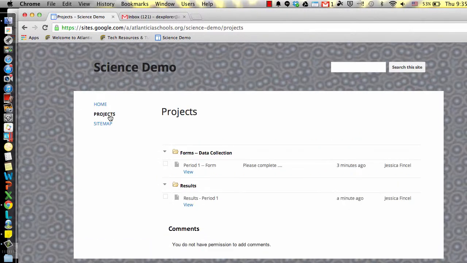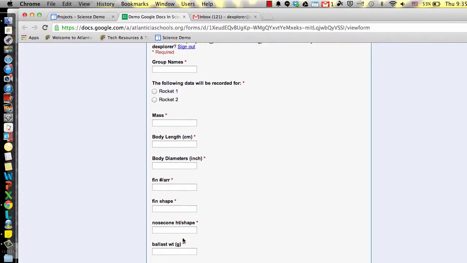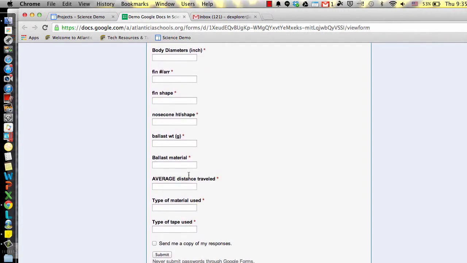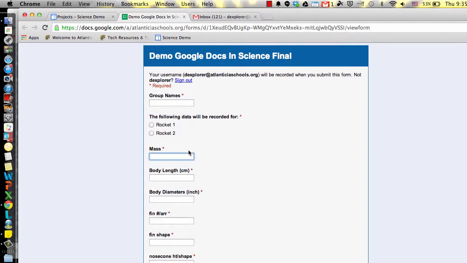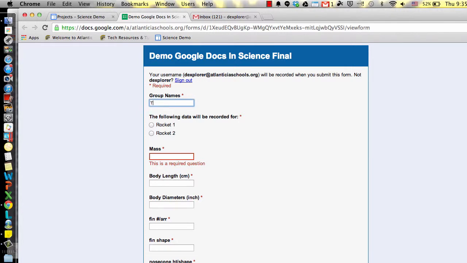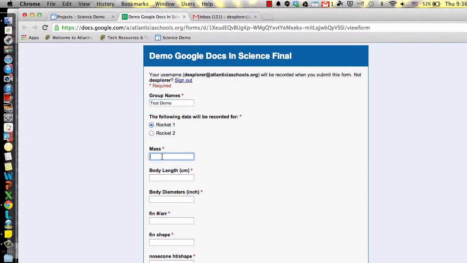They have done their rockets 1 and 2. They have collected the data. Now they need to submit their data into period 1. So for day 1, they're going to click on View and they're going to complete this form. Now one thing I will recommend is I'm going to say Test Demo. I'm going to say Rocket 1. Please, they will know what type of measurements they will be using, so don't have them put it in there. So I would just tell them to put,